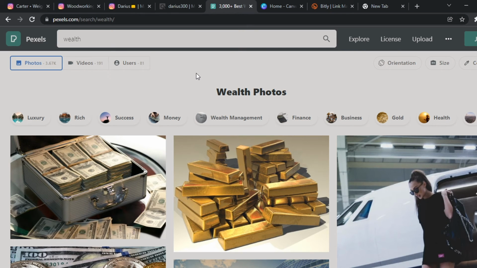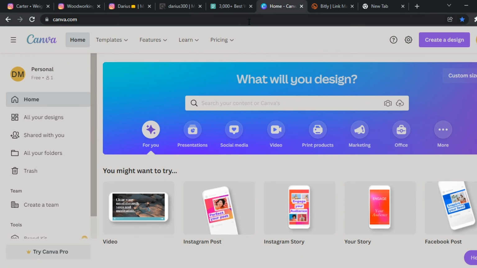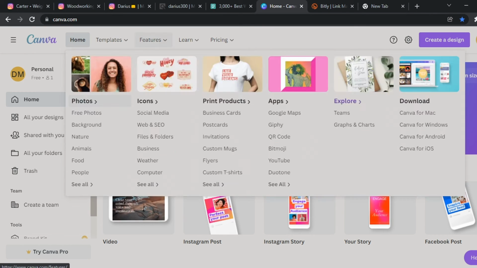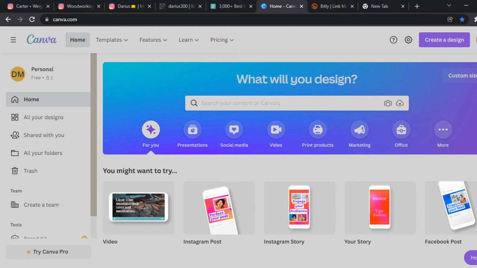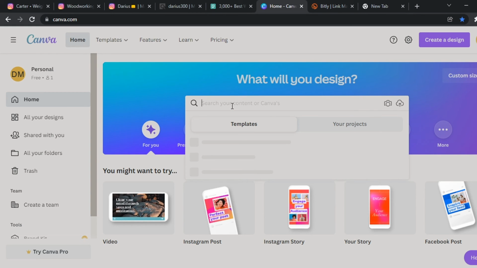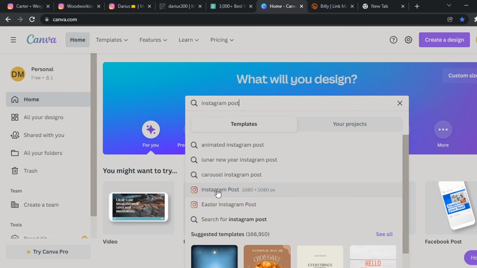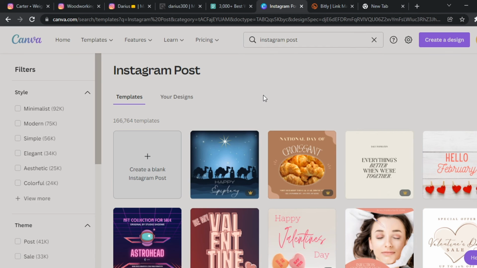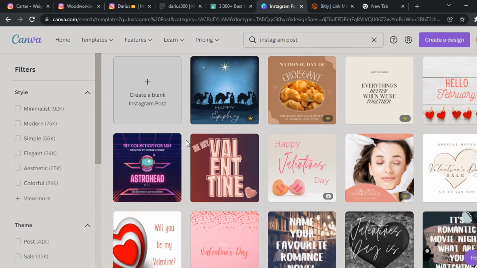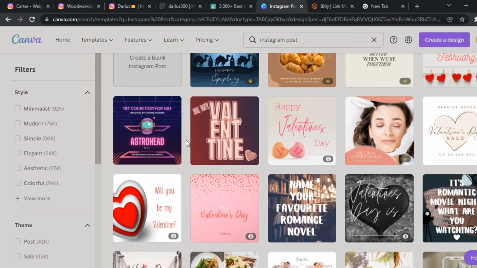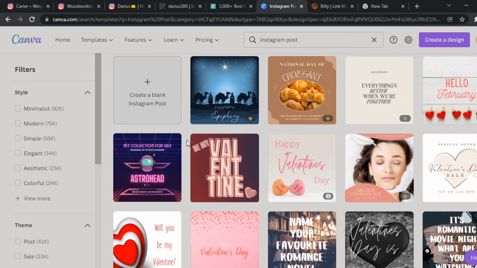And then from here, you also want to use another platform called Canva. Now, Canva is another free tool that you can use to design different Instagram photos and videos to your liking on this platform. To use this platform, you want to go right here and simply type in Instagram post or Instagram video. It's going to be the first one that pops up right here. And then from here, we can create a blank Instagram post template, or we can choose a done-for-you template that's already done for you, and all you gotta do is customize it to your liking. So it doesn't really matter which one. You can simply go to one and customize your own.